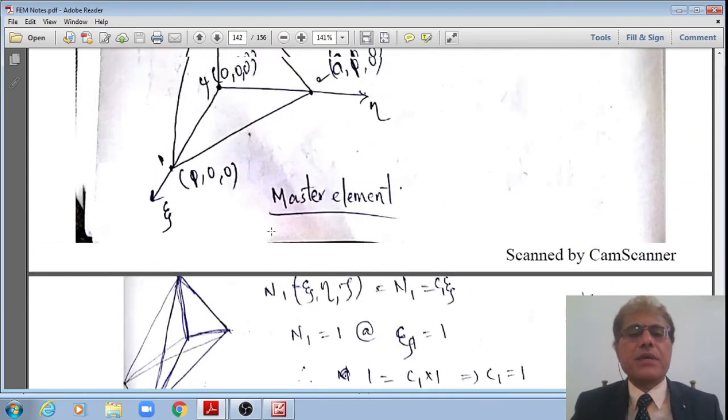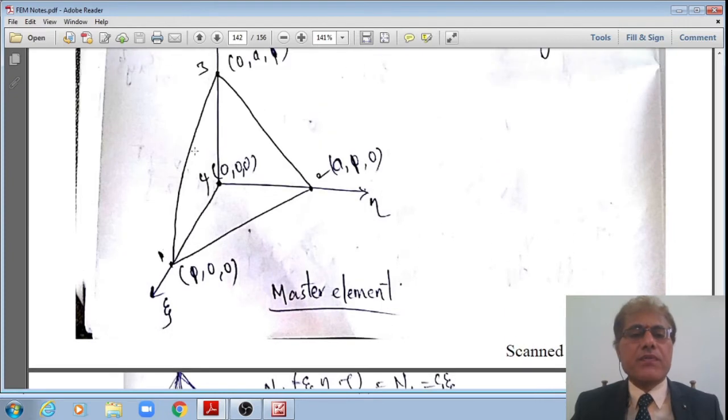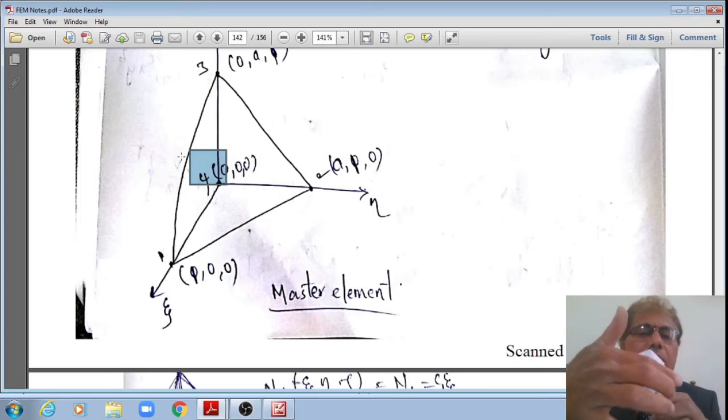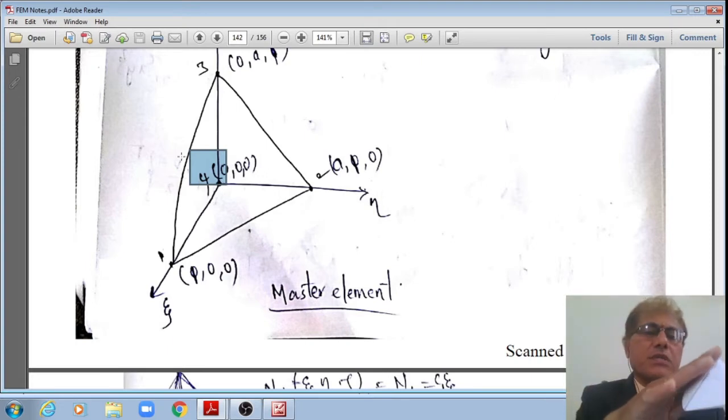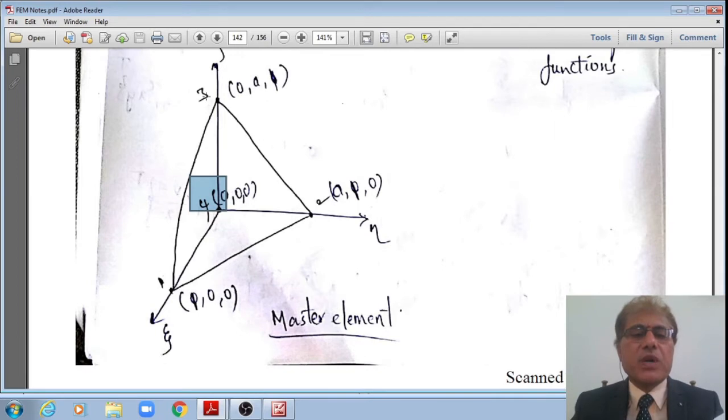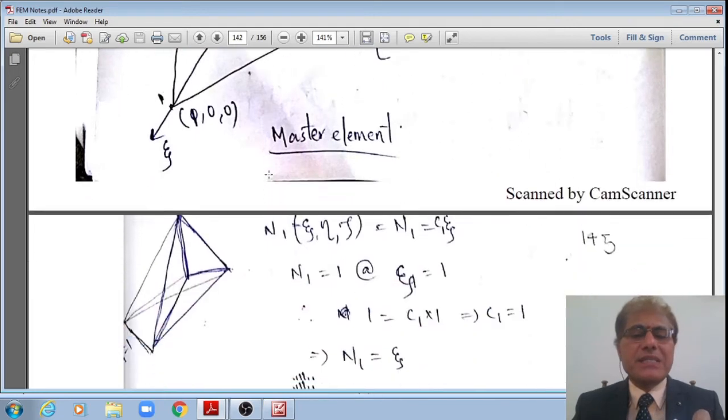Now, coming to the derivation of the fourth shape function, students, right? For this fourth node, you please see that if load is applied at node 4, it is 1 unit here, right? By the time it comes to this sloping surface, which is given by this triangle 1, 2, 3, what is the equation of this sloping surface, right? The equation of this sloping surface is 1 minus xi minus eta minus zeta.